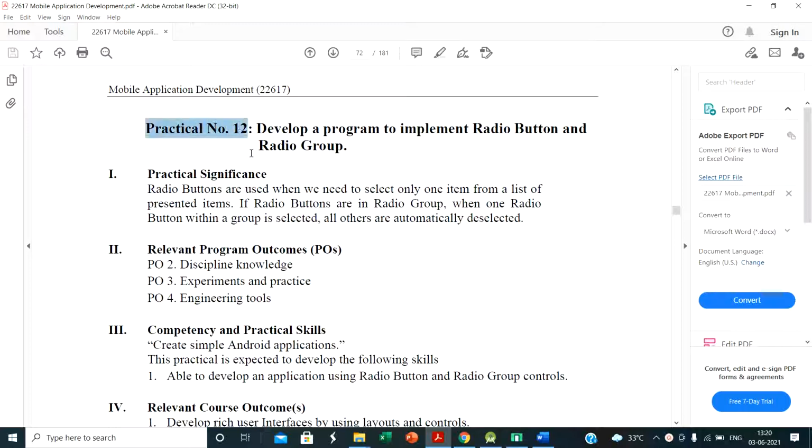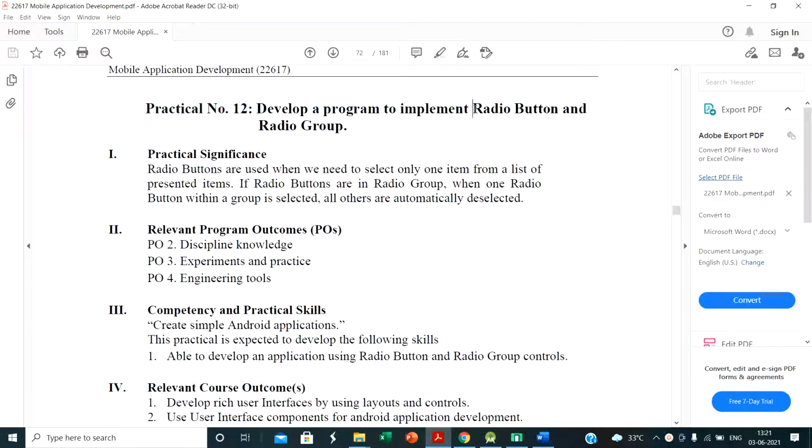Today we see practical number 12, that is, develop a program to implement radio button and radio group. So in this practical we see radio button and radio group. The practical significance is that radio buttons are used when we need to select only one item from a list of the